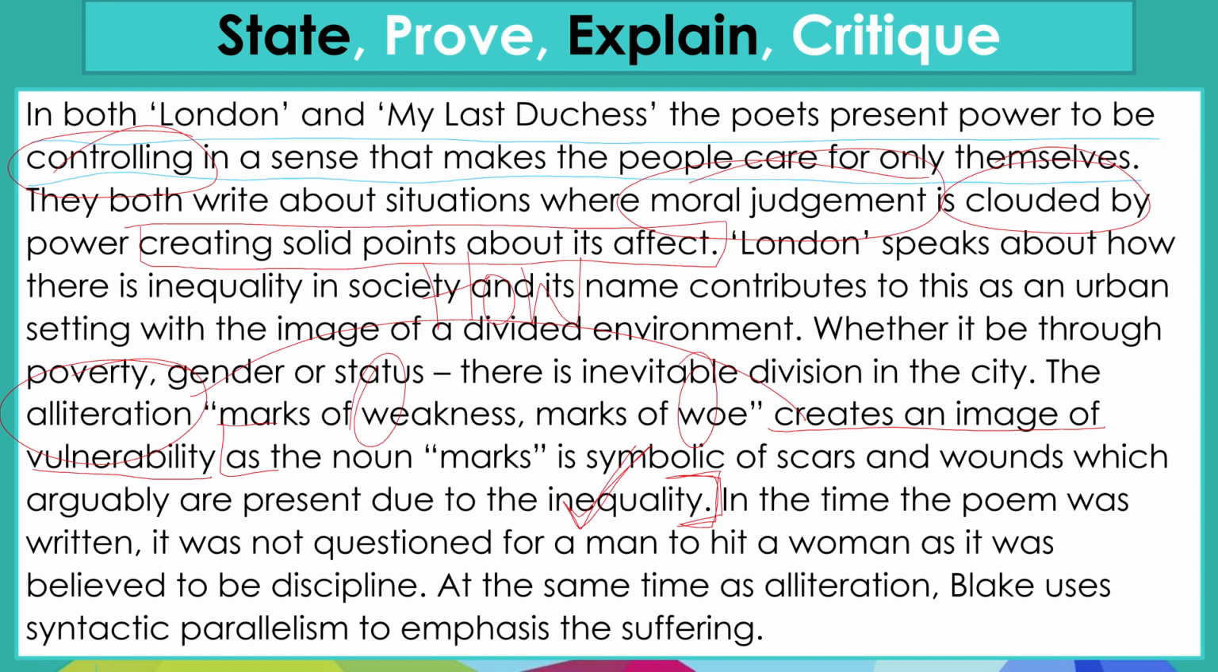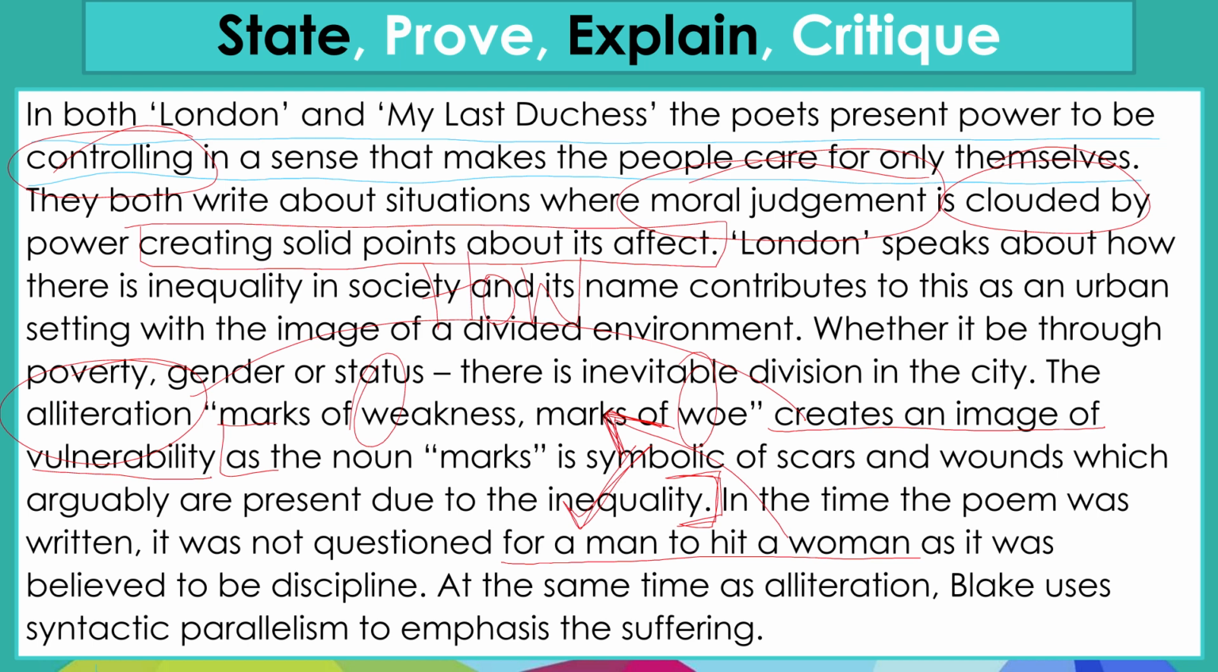In the time the poem was written, it was not questioned for a man to hit a woman. Okay, so we've got a little bit of inaccuracy here for a man to hit a woman. It's not that it wasn't questioned. It's just that that has got nothing to do with this. We don't know if this is a man or a woman, and particularly because it says in every cry and every man, we have no idea where this has come from, really. So again, it's really, really preventing this student from achieving the top marks